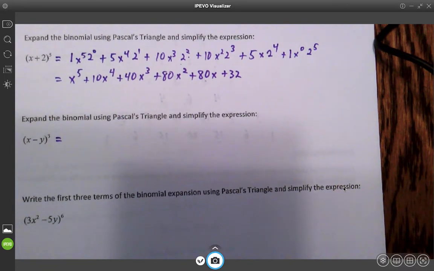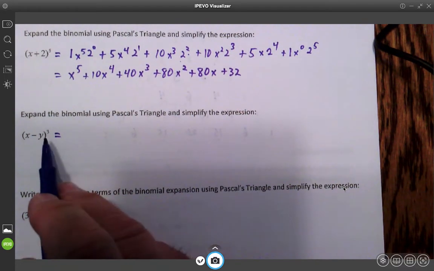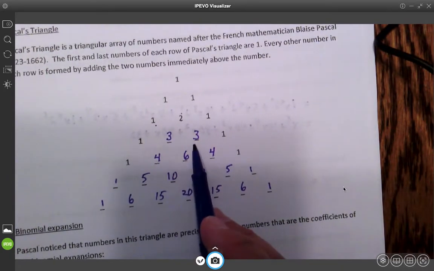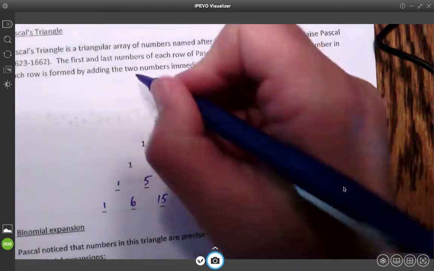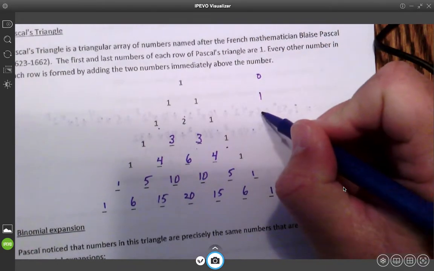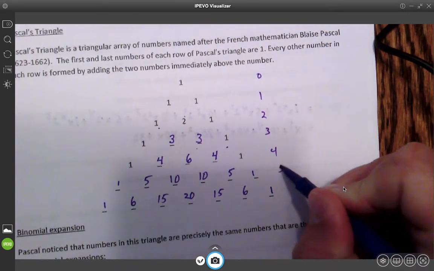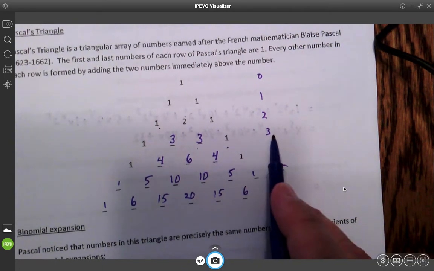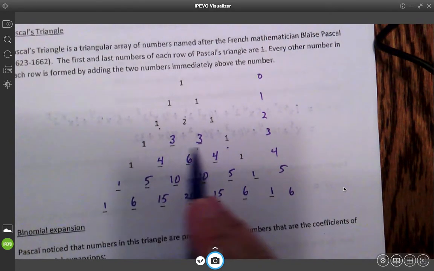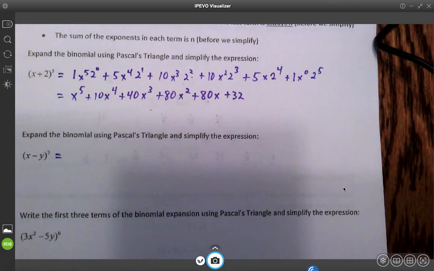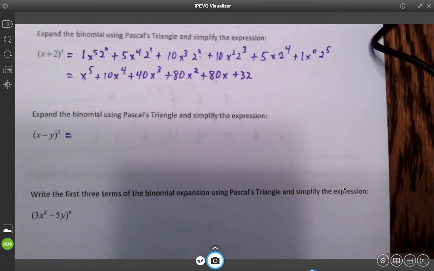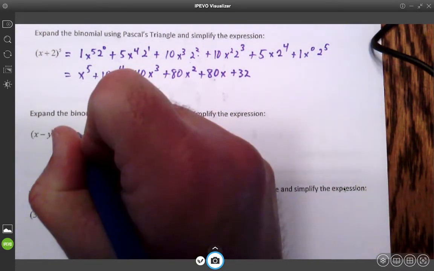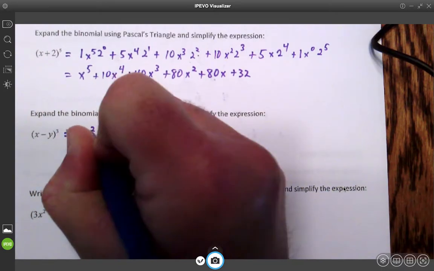Okay, now what about negative signs? Well, we're going cubed, so we know it's 1, 3, 3, 1, because this is 0, 1, 2, 3, 4, 5, 6. So this is the third row, so it's going to be 1, 3, 3, 1. Okay, so here we go. 1, 3, 3, 1. So 1x cubed